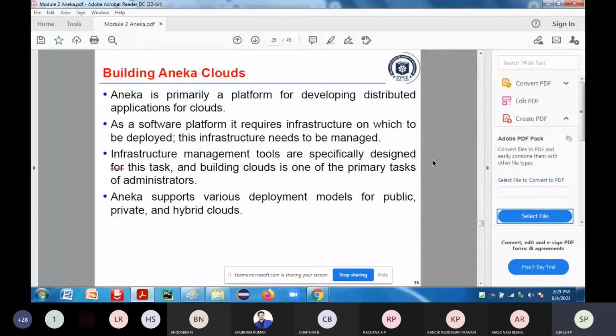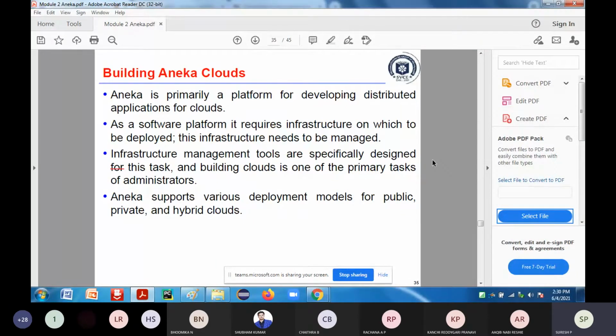If you are giving the infrastructure from your own premises or organization, then it becomes the private cloud. When you are accessing that infrastructure, it has to be managed properly. So in Aneka Cloud, we are going to have infrastructure management tools, specifically designed to manage this platform.